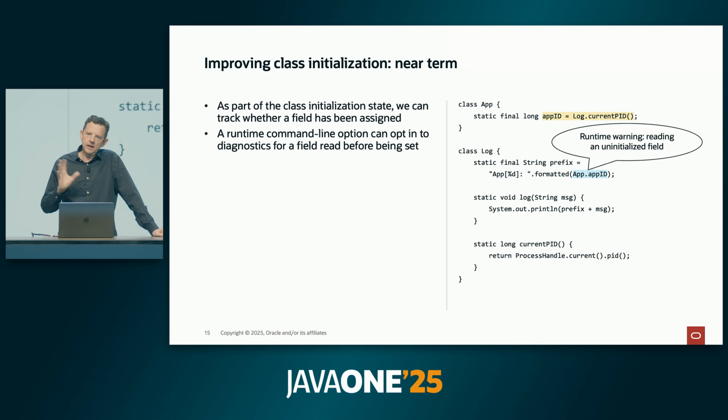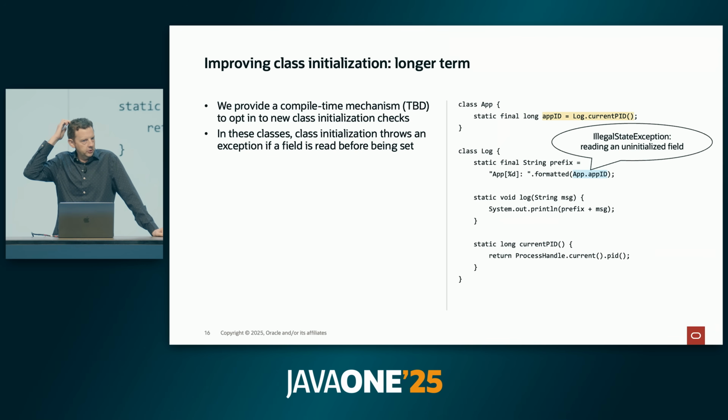You might think that's expensive. It's actually reasonably cheap because this all happens during the initialization, during the larval state. Once you leave the larval state, we can throw all that tracking away and static field accesses are just like they are today. Longer term, we'd like to turn that into an exception. So we'd like to have some mechanism for the compiler or at compile time to say, I want stronger guarantees on my fields, on my static fields specifically. And when somebody tries to read this static field before it's been initialized, throw an exception. And then when this initialization happens, an exception happens, you see the stack trace and you can figure out what's going on.